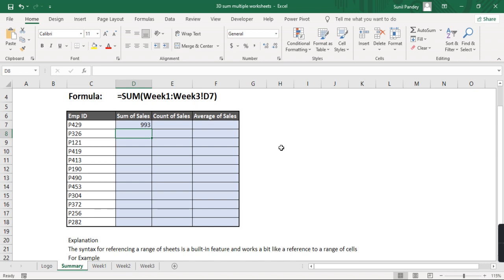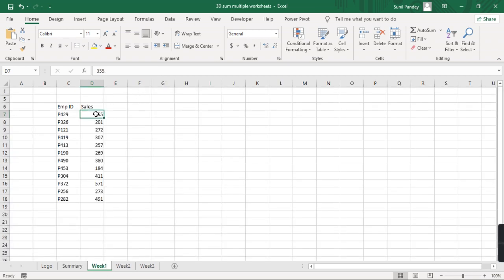the syntax for referencing a range of sheets is a built-in feature and works a bit like a reference to a range of cells. For example, I have put week 1 to week 3 and D7, which means from week 1 to week 3 it will add the D7 value for week 1, D7 value for week 2, and D7 value for week 3.